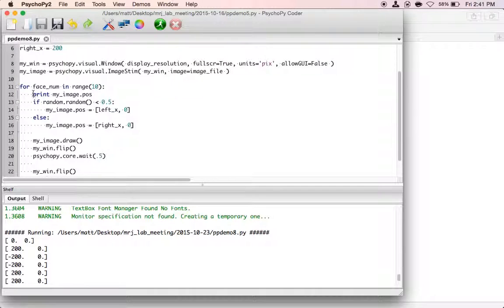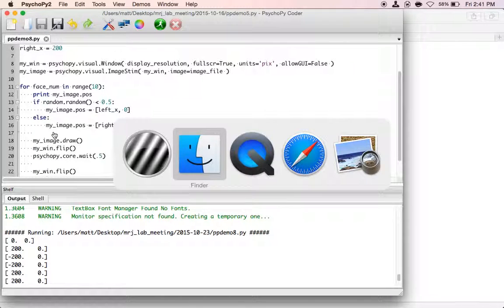In other words, if I were to move this line down below to here, it would never print 0, 0 then, right? Because it's already been changed to the first left or right coordinate by the time we print it. Does that kind of make sense to people? Sort of? Okay. And again, if you haven't done a lot of object-oriented programming before, this may be a little confusing, but let's